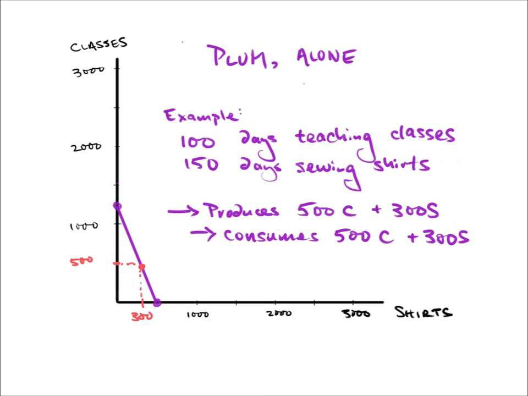Okay. So that's his decision. And realize if Plum is acting on his own, he consumes what he produces. He consumes those 500 classes and 300 shirts. Okay. Then,